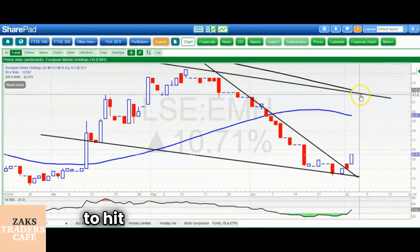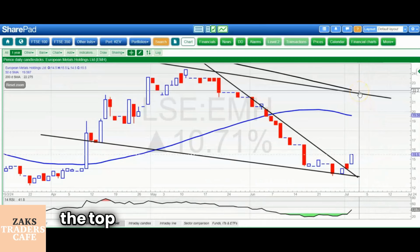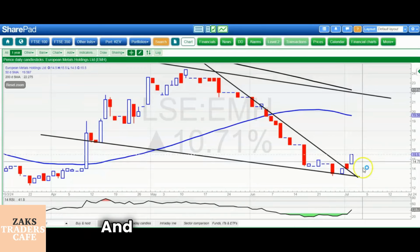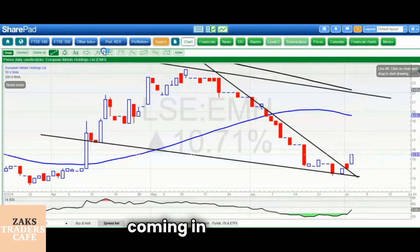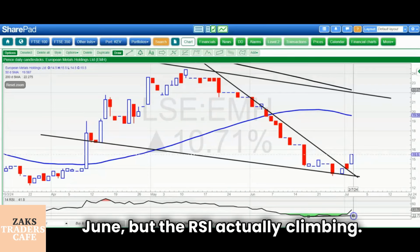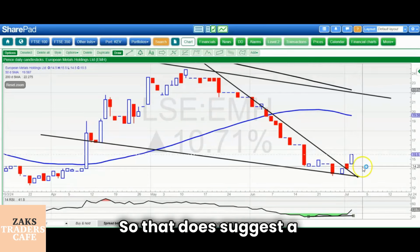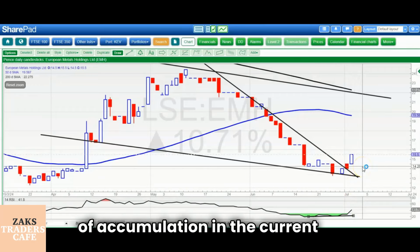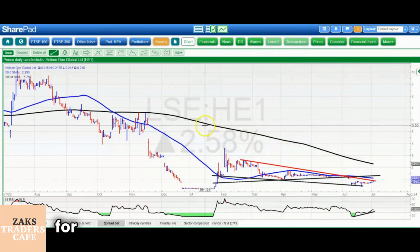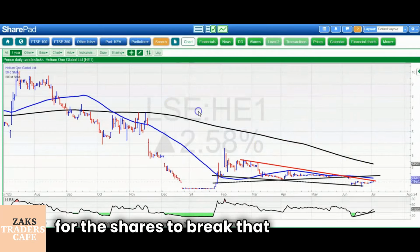Looking for the shares to hit the area of the 200-day moving average and the top of that falling trend channel from April at 22 pence as soon as the end of this month. And a bit of bullish divergence coming in there as well. Lower lows for the end of June, but the RSI actually climbing, so that does suggest a bit of accumulation in the current zone. Moving on to Helium 1, where we're waiting for the shares to break that red resistance